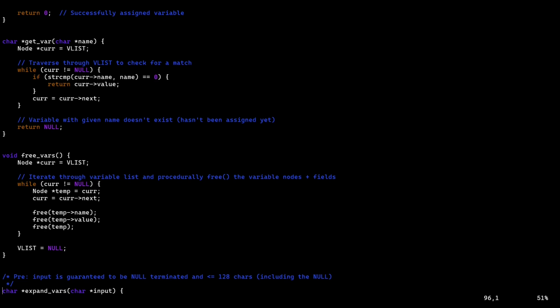However, this approach does come with some downsides. Most importantly, accessing variables could be worst-case O(n) complexity. This can potentially be a problem when storing many variables, as variable lookup could become quite slow, potentially having to search the entire vlist shell variable linked list. Additionally, the node struct to store the variable attributes in is a bit of memory overhead, which could be avoided